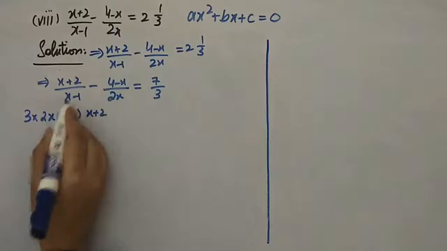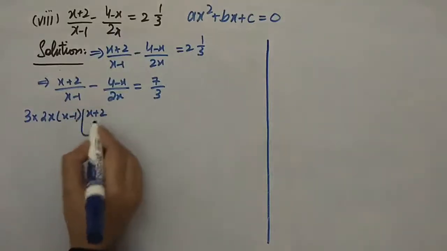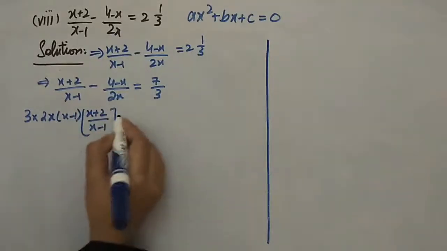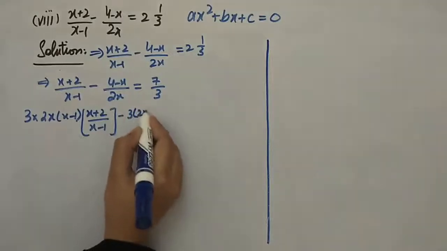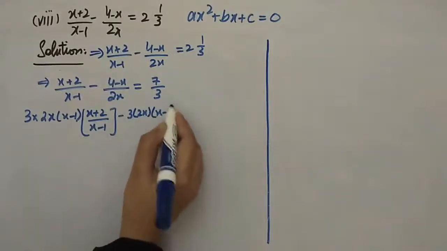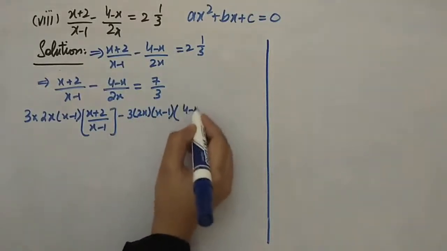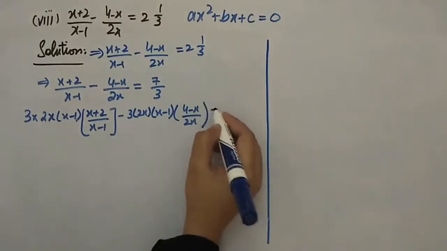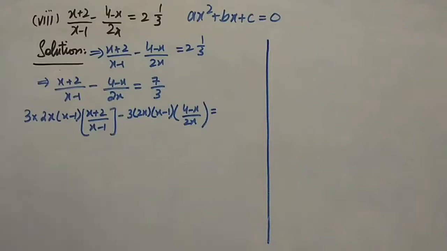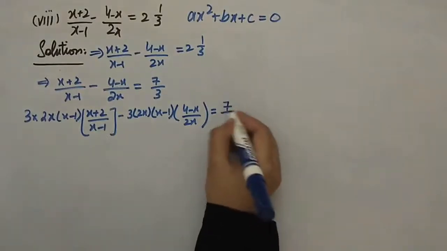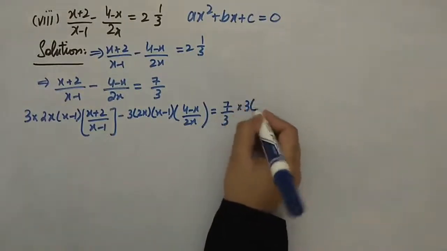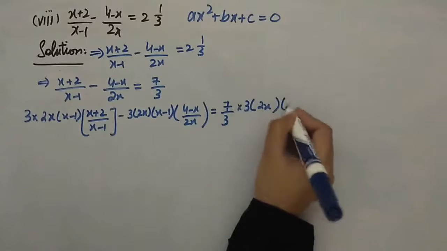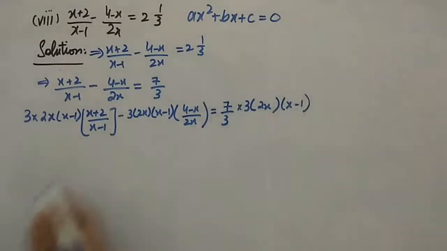So 3, 2x, x minus 1 को आपने x plus 2 over x minus 1 से भी मल्टीप्लाई करना है. 3, 2x, x minus 1 multiply with 4 minus x over 2x, which is equal to,